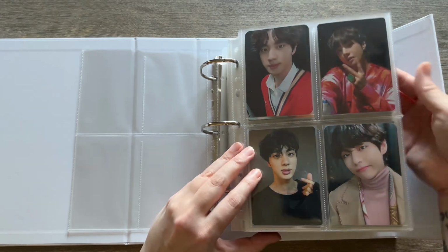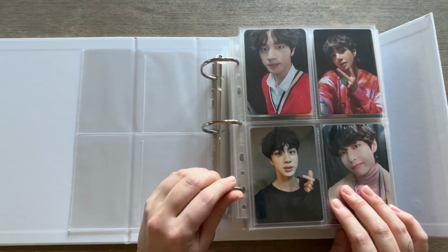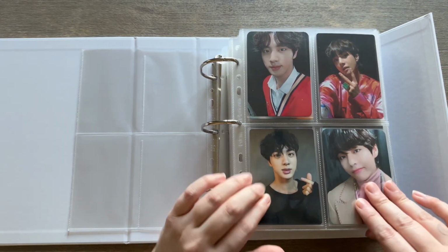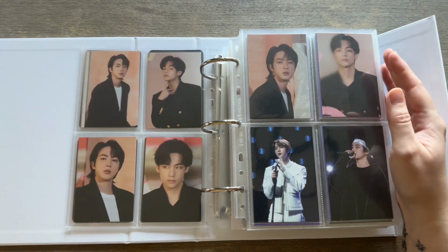So that's what this first part is. So we got stuff, I'm not going to remember where everything is from because there's a lot of things here. I don't know why I set out to collect the merch cards, as I call them, because it's just easier to call them that, but